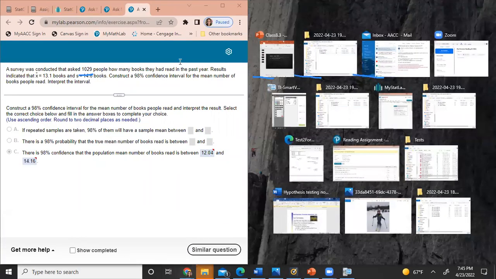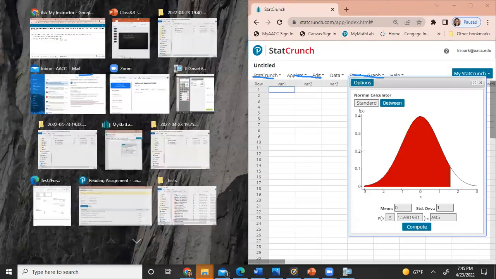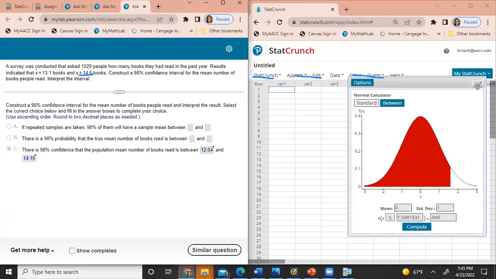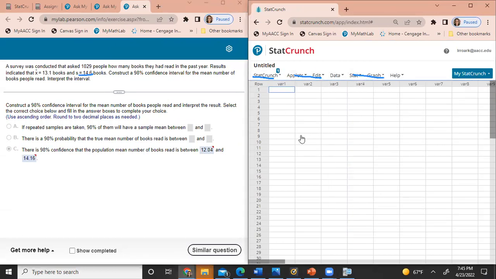We have done a couple in StatCrunch. Let's see, let me go ahead and open this here and do this here and then close this out here. Okay, so we have done a few, but